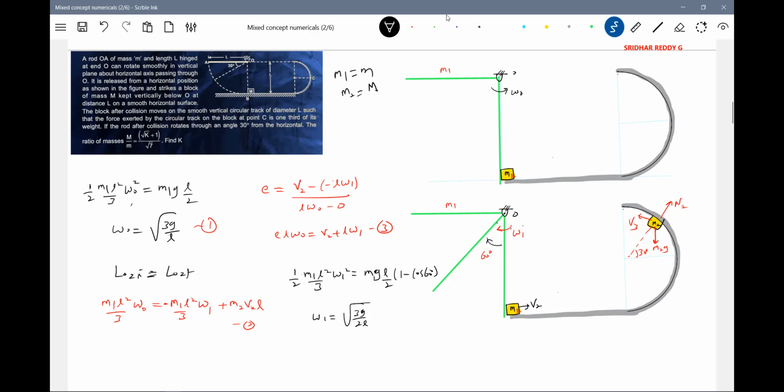Okay, we know omega 1, we know omega naught, I'll get the V2. I think no need of this. Anyway, we just wrote it because we are learning collisions, the coefficient of restitution for the rod and particle. If we are asked, you can work out the coefficient of restitution here. That's the only purpose why I brought equation 3. Put this in equation 4. And then afterwards, the ratio of masses m1 by m2 is what is being asked.